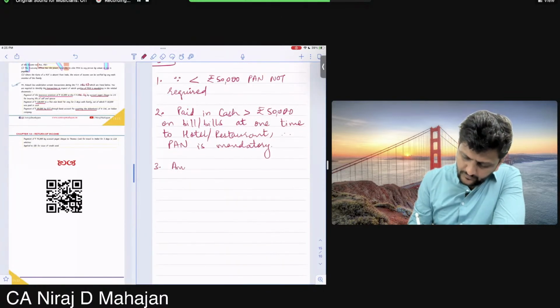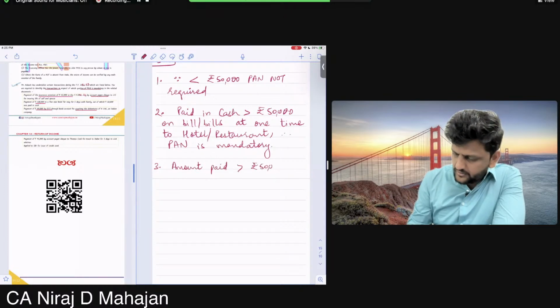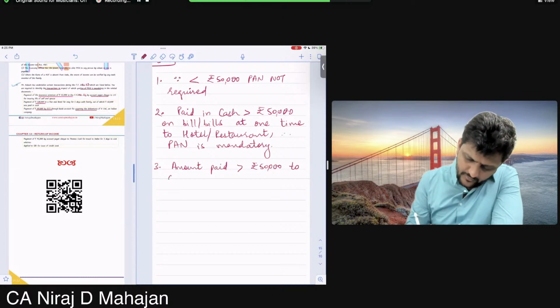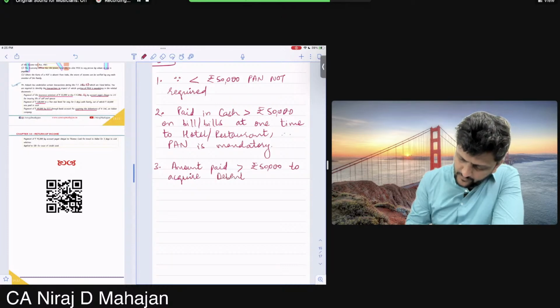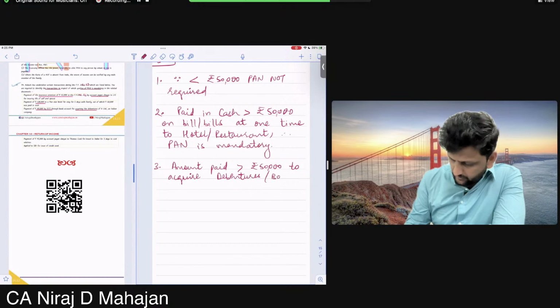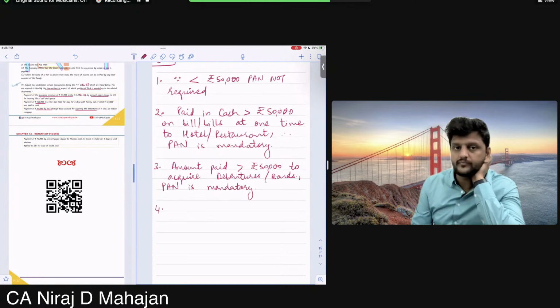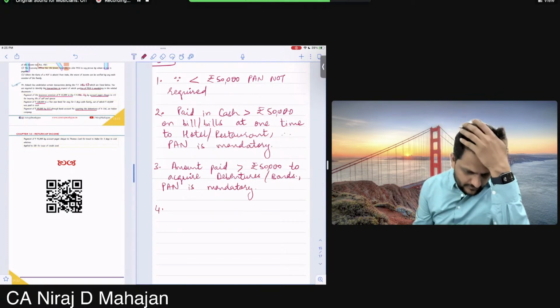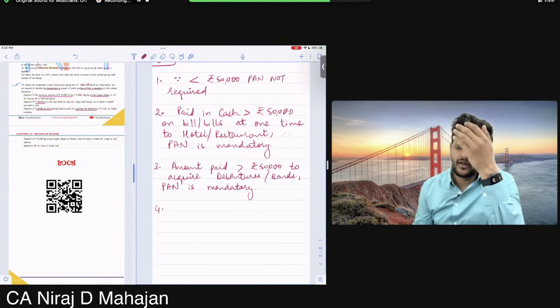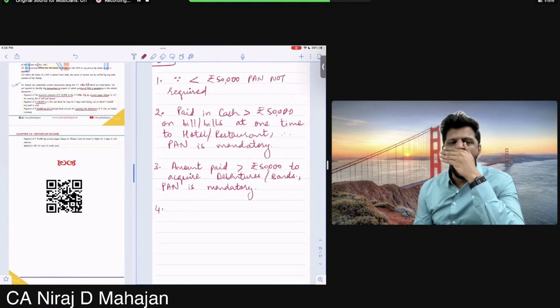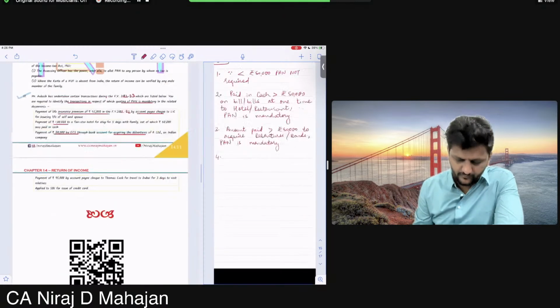Amount paid exceeding rupees 50,000 to acquire debentures or bonds. PAN is compulsory. Or this PAN is mandatory. Yes? Done, all of you? Fourth,